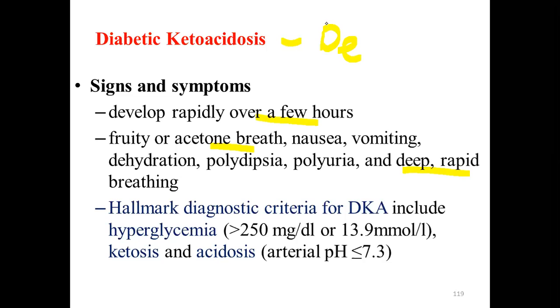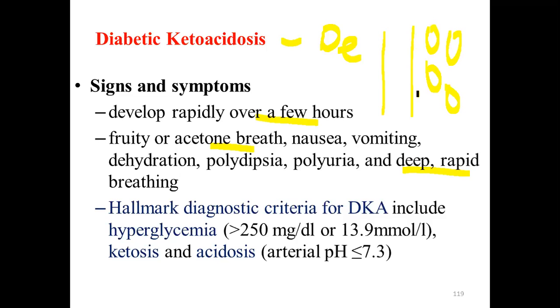So as a result of the osmotic effect of glucose, there is a possibility of having intracellular dehydration. Let's say this is the intravascular compartment, this is the interstitial space, and this is the cells. The plasma and interstitial space are extracellular fluid, and the cell is intracellular fluid, ICF.